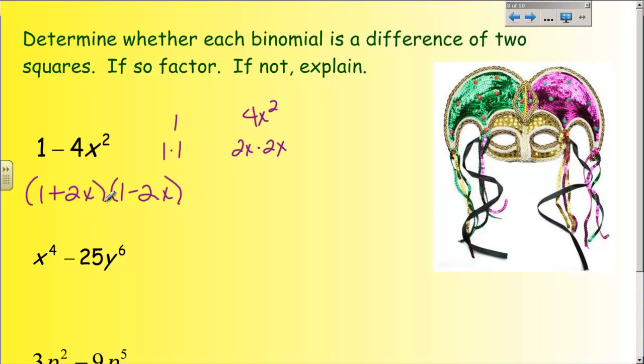And if you multiply this out, when you get done, the term in the middle is always going to cancel, and so you don't have anything left. The 1 plus, 1 minus takes care of that. So those are my two factors. Difference of two squares is actually very simple. Now, the next one,